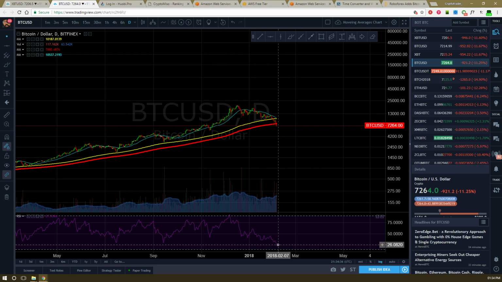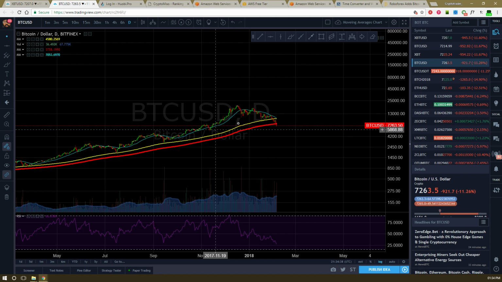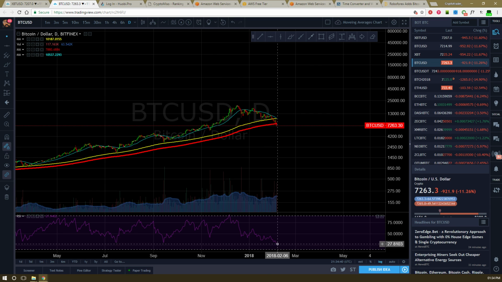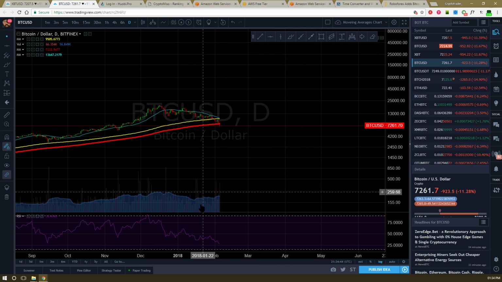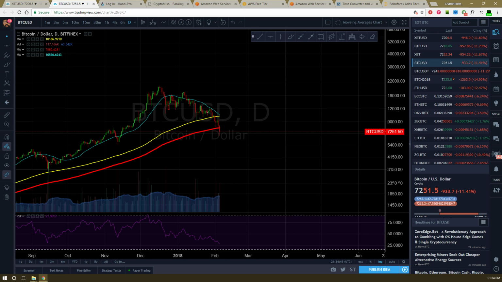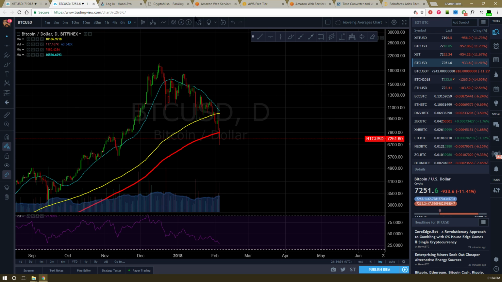This is lower than this. This is higher than this. That means this is a downtrend. The next move could be even lower according to RSI, but the RSI sometimes lies. Sometimes it doesn't. But for Bitcoin on the daily,